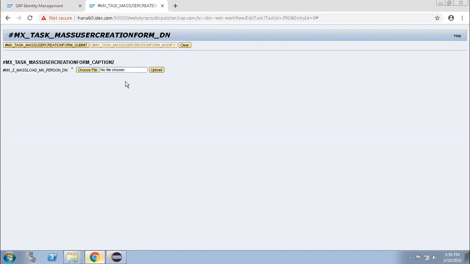Since this is a test server, it might be that the server location and my local drive are the same. But in a real-time scenario, definitely the server location and the systems where I am getting all these things will be different.